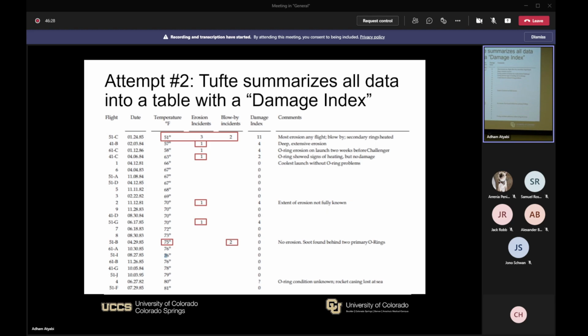So, the second attempt, Professor Tufte summarizes all data into a table with damage index. This data matrix shows the complete history of temperature and O-ring condition for all previous launches. Entries are ordered by the possible cause, which is temperature, from coolest to warmest launch. Data in red were exhibited at some point in the 13 pre-launch charts, and the data shown in black were